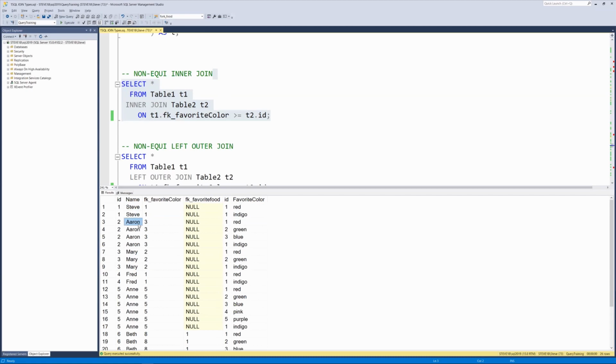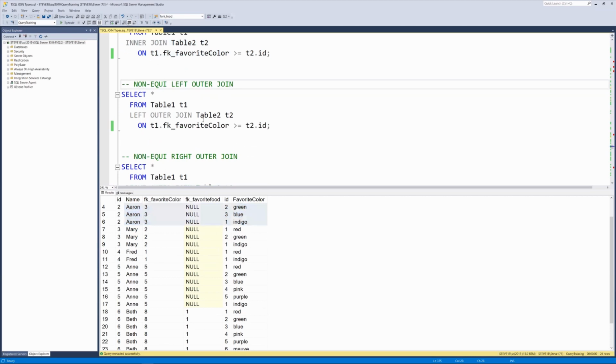But then Aaron, who had a favorite color of 3, was matched up to all of those favorite colors that had an ID of 3, had an ID of 2, or had an ID of 1. Not very useful on the favorite color selection here, but there are certain cases that it might be interesting to do as well. So next we're going to take a look at a left outer join with the same thing